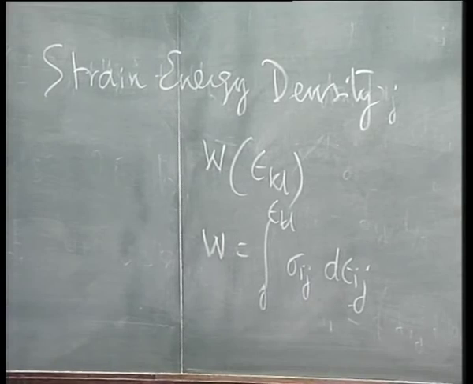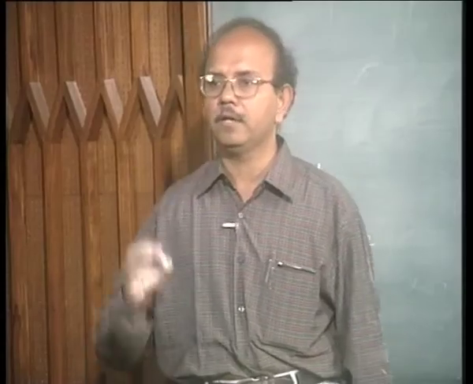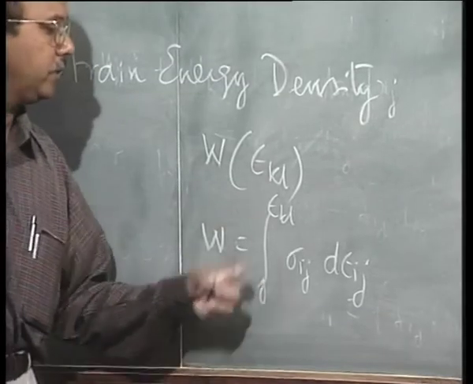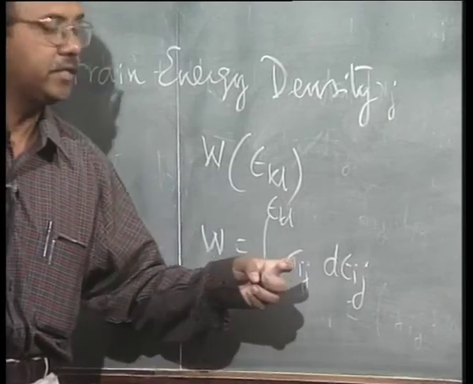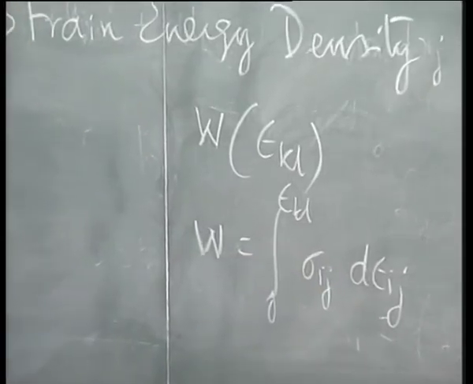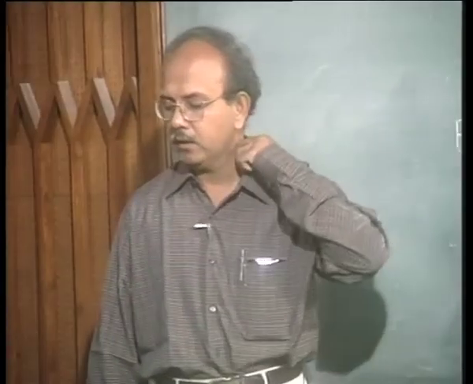This function, which I postulate exists for an elastic material, is defined as W equal to the integral from 0 to epsilon kL of sigma ij d epsilon ij, okay, from which